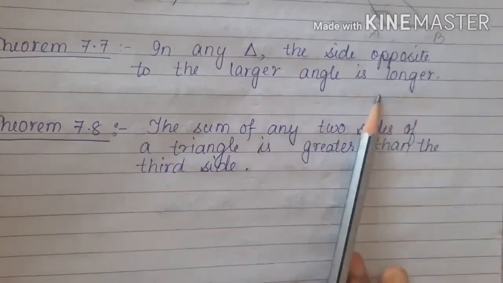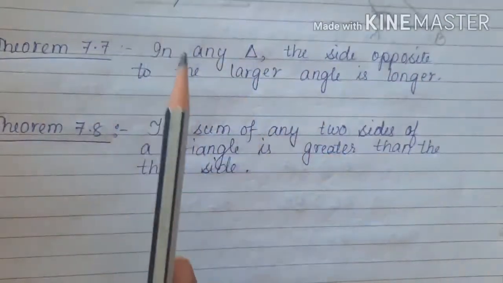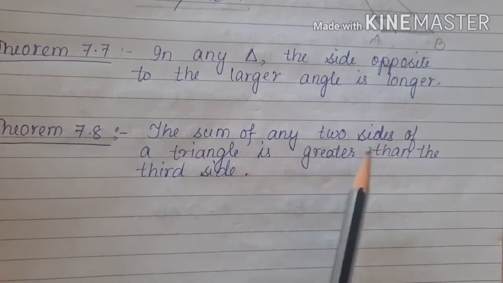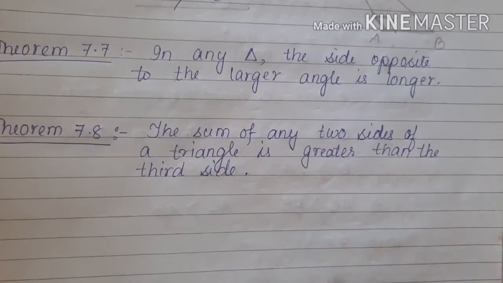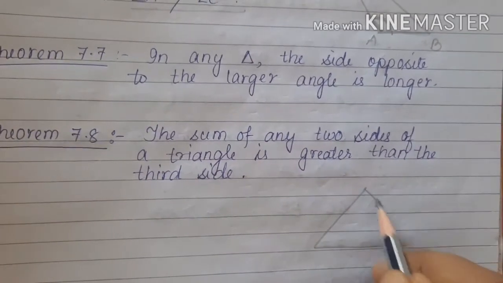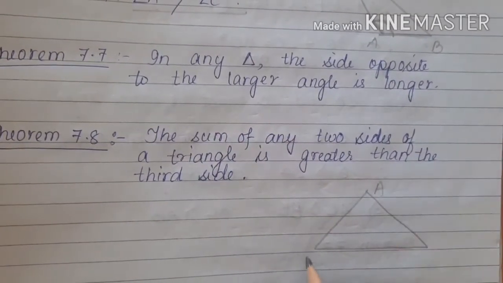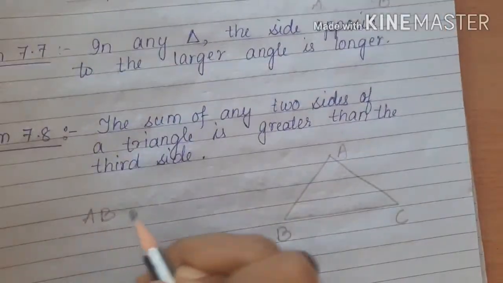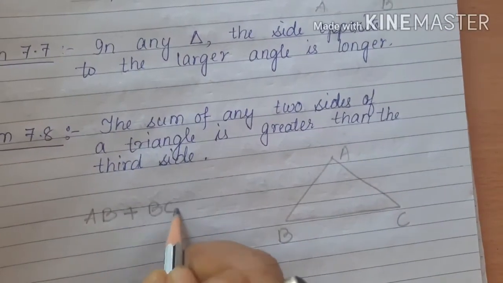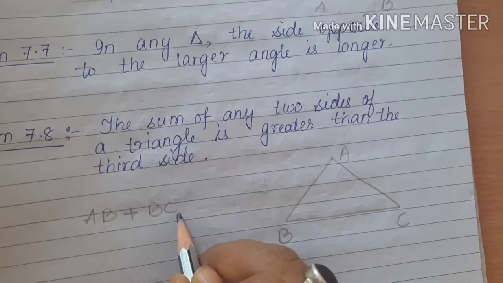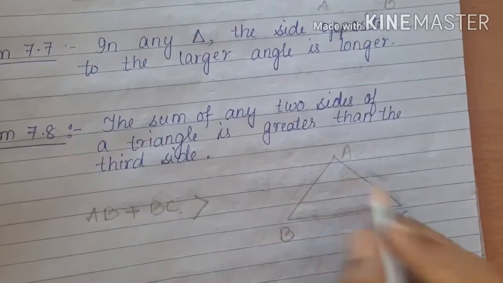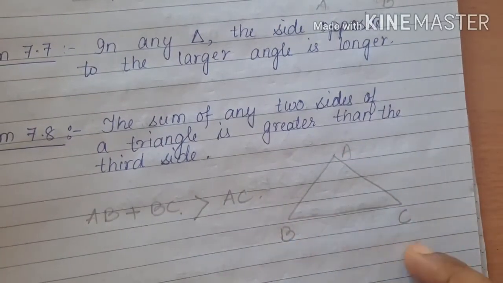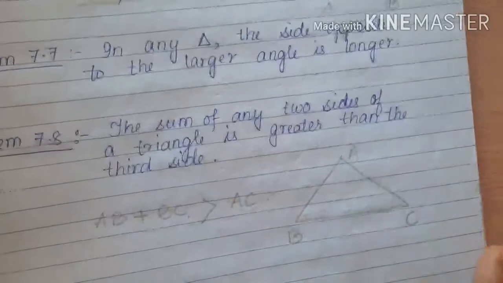ठीक है, नेक्स्ट है लास्ट थ्योरम इसका इनइक्वालिटी का 7.8. तो यहाँ पे तुमको तीन ही थ्योरम जानना है इनइक्वालिटी में, एक 7.6, एक उसका कन्वर्स और एक है 7.8. सो व्हाट इज इन 7.8? सी, द सम ऑफ एनी टू साइड्स ऑफ ए ट्रायंगल इज ग्रेटर देन द थर्ड साइड. सो अब सपोज इफ आई एम ड्राइंग वन ट्रायंगल ABC. So here I can say that the sum of any two sides, suppose I am taking AB and BC, so sum of the two sides should be always greater than the third side. So here the third side I have to take as AC. Okay, so AB plus BC should be greater than AC. यही इस theorem में बताया गया है.